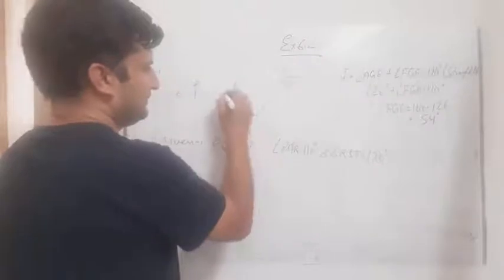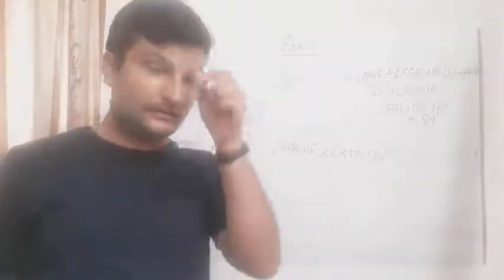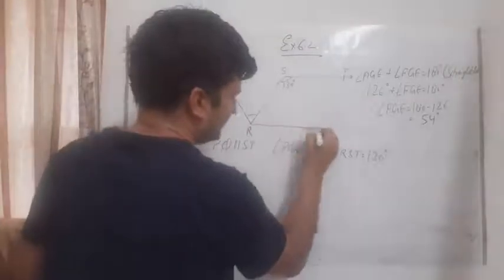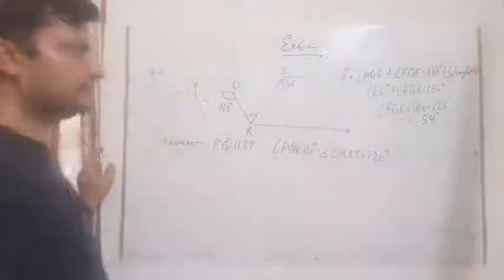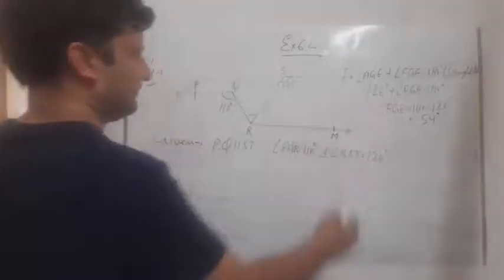So what do we have to find, students? We have to find angle QRS. We have to find this angle. So how can we find it? In these types of questions, we have to construct a line, because here two parallel lines are not given. Only these two lines are parallel to each other. So if these two lines are parallel to each other, I will draw a line like this. Suppose this is RM.